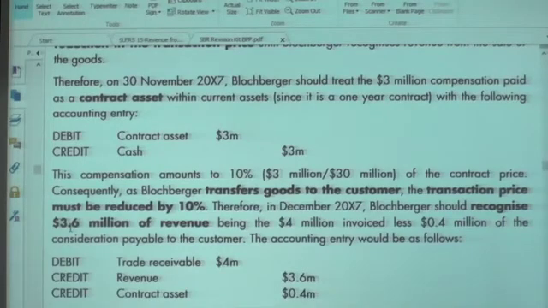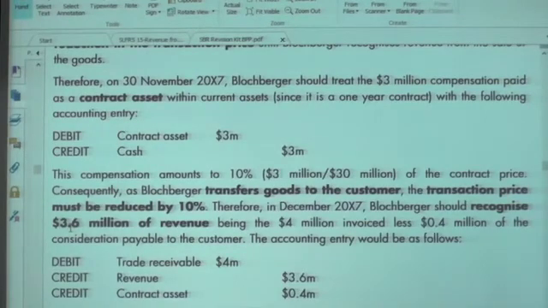You recognize it as contract asset debit, cash credit, and you decide it was 10% of the total selling price. Now, at the end of the first financial year, you considered 4 million revenue, because you satisfied 4 million worth of performance obligation, but your revenue should be only 90% of that. Because the overall price is 30 million and you paid 3 million, consideration paid to the customer is 10% of the total price. Agreed? Therefore, whatever revenue you recognize thereafter, your revenue would be 90%.